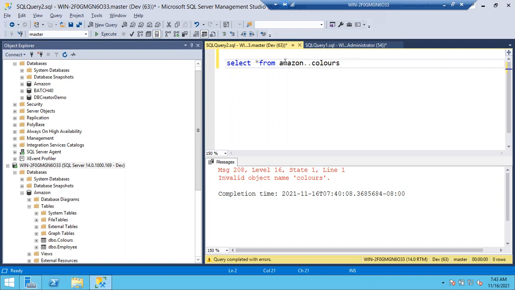If you see any table like this, you have to understand, okay, it's a database name, schema name, and table name. Sometimes they will mention database name dot schema name dot table name. Sometimes they will mention database name dot table name. Schema they won't mention. Why? If it is the default schema DBO, they don't mention. If it is a different schema, they will mention the schema name.